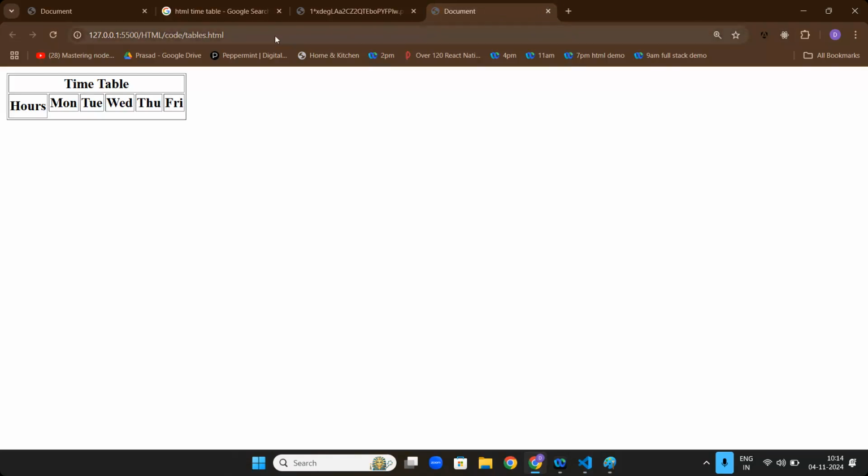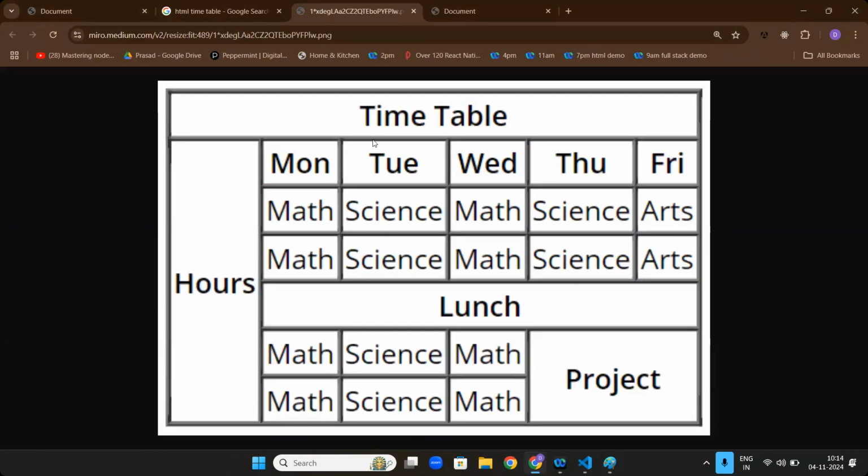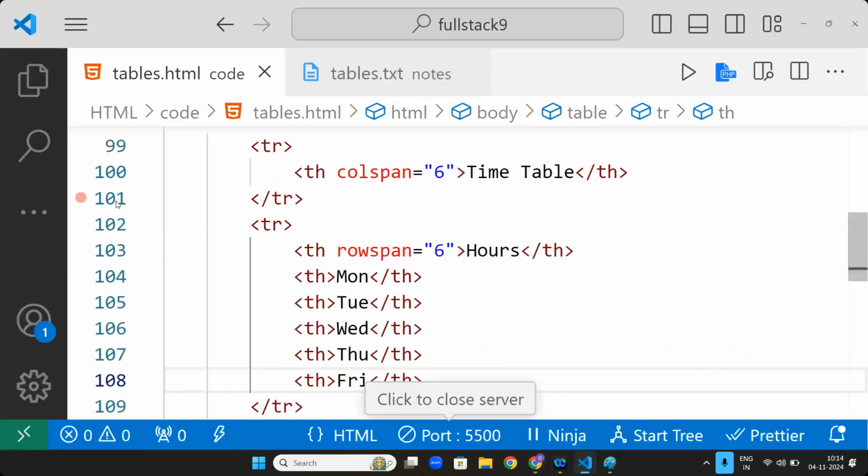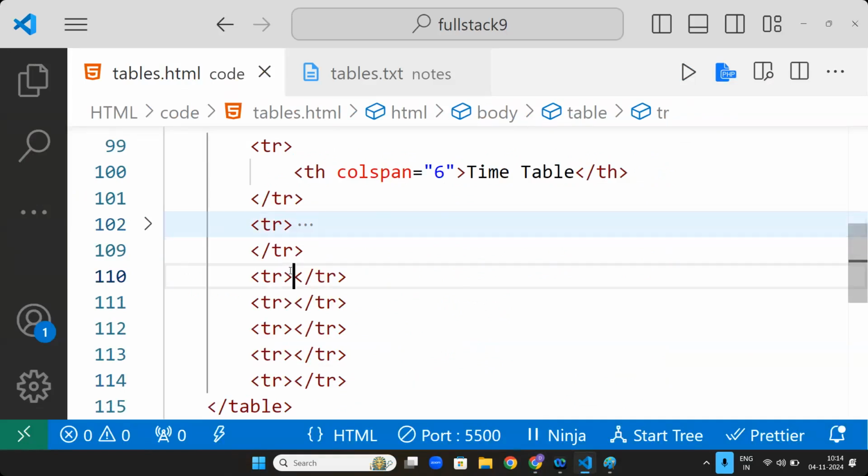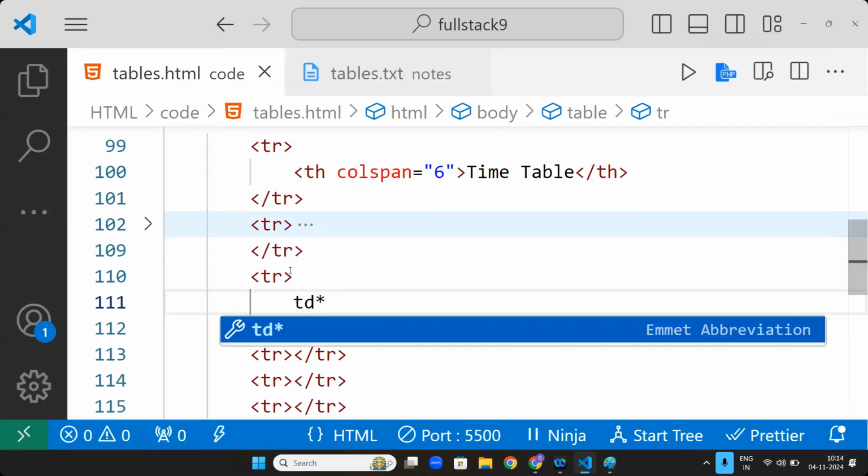Any doubts? I hope not. Go here. Next, I need to write here math, science, arts. Is it clear till now? Does anyone have any questions? No? Now let's go here. Next row. This is the row. TD asterisk 5. Only 5 I need because the first column is already occupied by hours. So in 5, I will say here